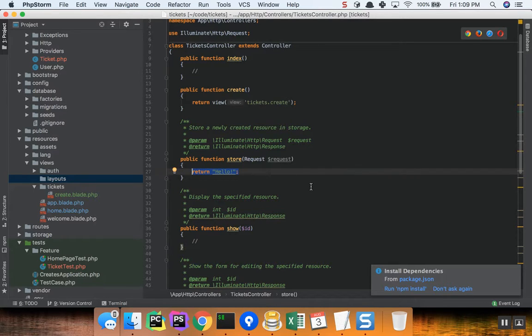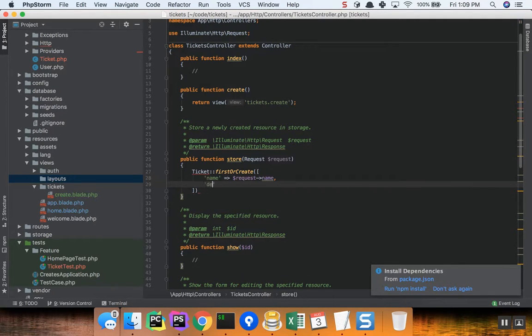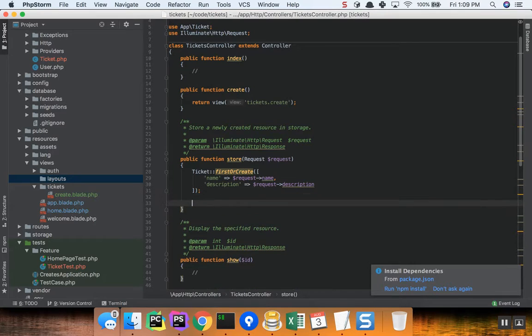So if we don't need to think about validation, if we don't want to worry about that right now, we can very simply do this. Ticket, first or create, name, okay, and this will be the easiest way that we can get this started, and then we'll do a return redirect